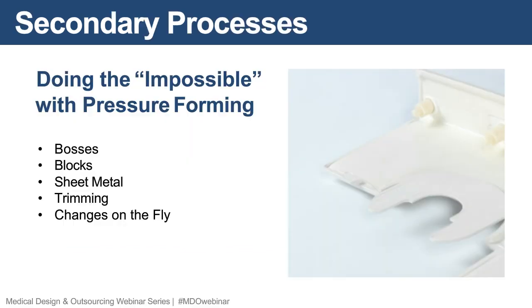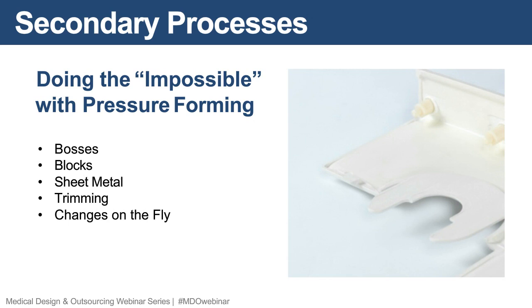Secondary processes in doing the impossible. Obviously, we can bond in bosses and blocks. These can be custom machine shapes. You can use standard rod and make bosses and thermally install the brass insert. Blocks, the same thing. But they can also be machined out of engineered resins, and they can be any shape we need them to